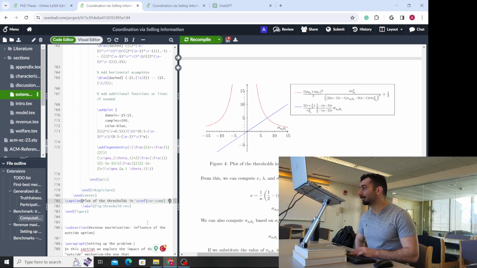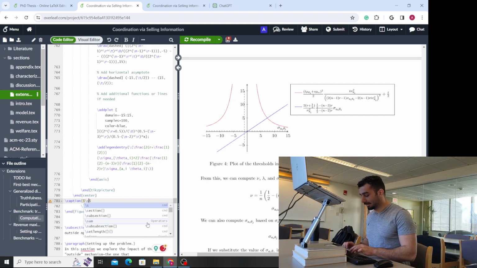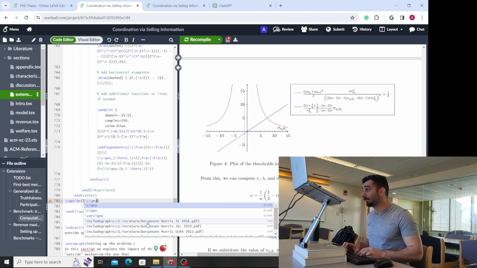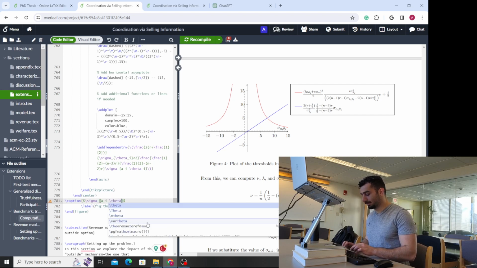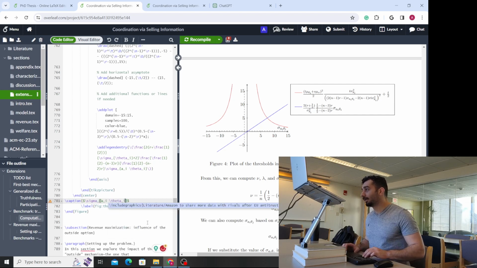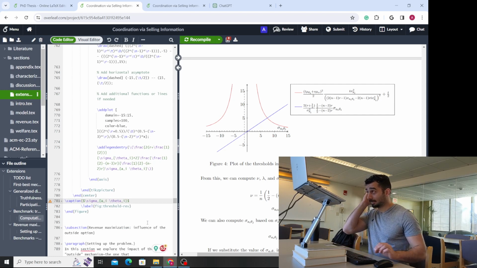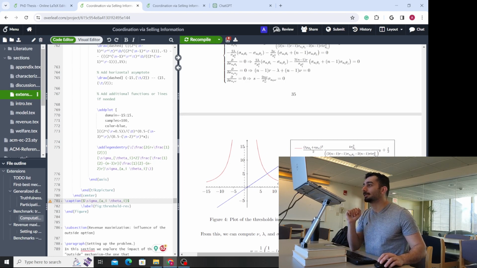I should say sigma I theta, right? Dollar sign. We will edit them later. Sigma I theta I for, I can say